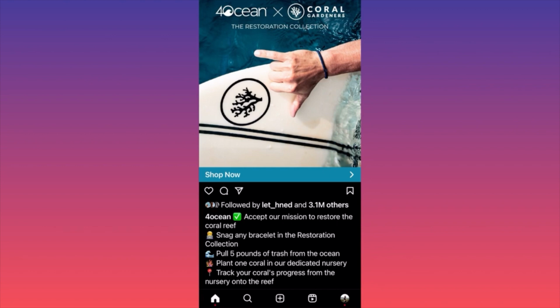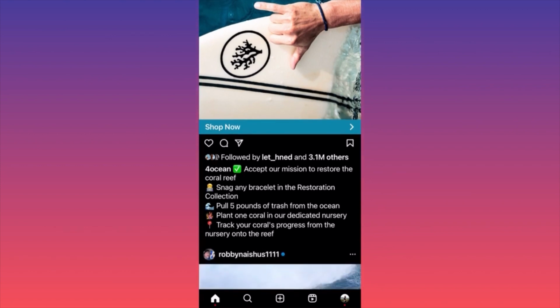Let's scroll through the description and guess what? There is not a single hashtag over here. There is only one sentence about their mission or what the company is aiming for. Then you have a typical sales pitch.